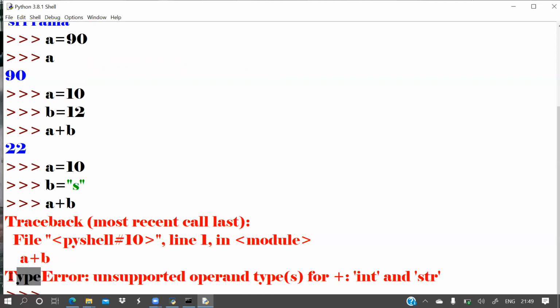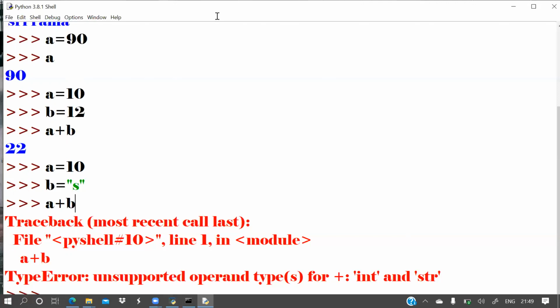It is type error. Type error means data type error. That means this statement means Python does not support integer and string addition. You can add an integer and another integer, but not an integer and a string, which is not applicable in Python. Not only in Python, in every programming language it is not available. That's all.